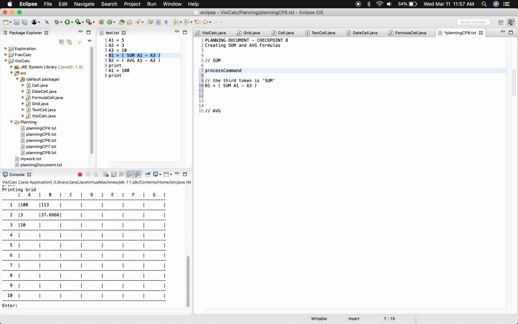And so I'm starting to look at my command that was given by the user, and I'm looking for some information about what it is. If I see that the third token is an open parentheses, then we're looking for a formula, and just like we did in checkpoint 7, I'm going to go ahead and save the highlighted portion on the screen right now as my formula. And when I go to evaluate my formula later,